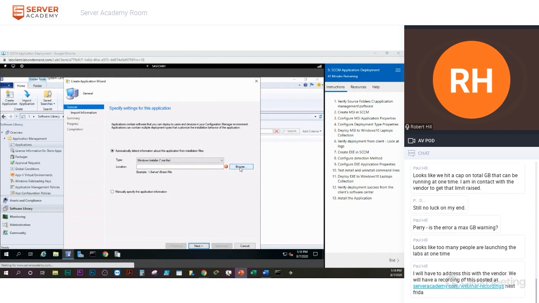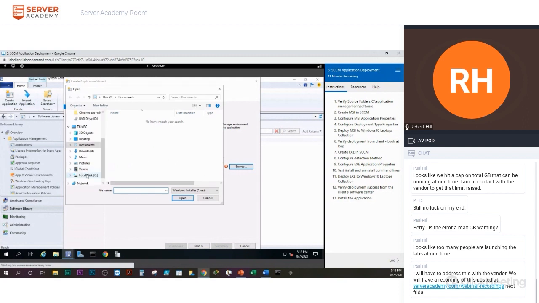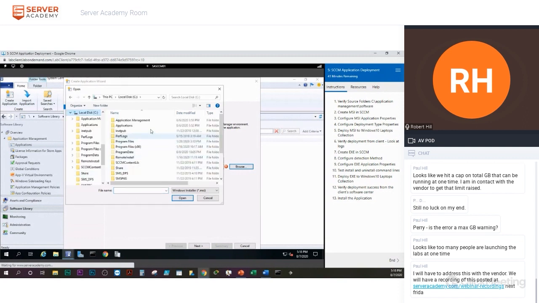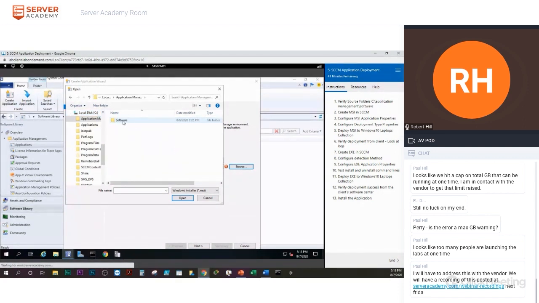And right underneath there, you see location. So now you want to browse to those source folders that we already took a look at. So let's go ahead and click browse, and click your C drive and click Application Management. I'm going to try to slow down. I don't want to go too fast because everybody's following along. Software,